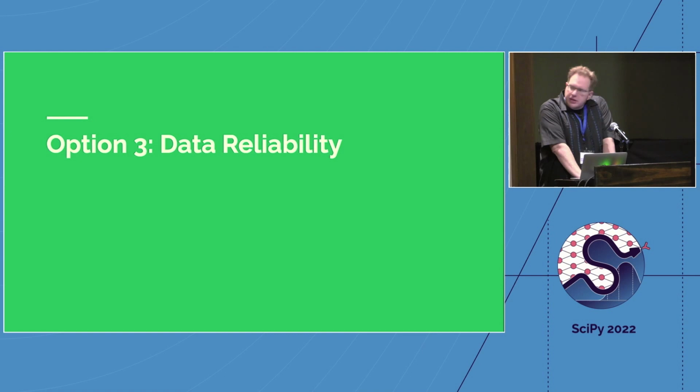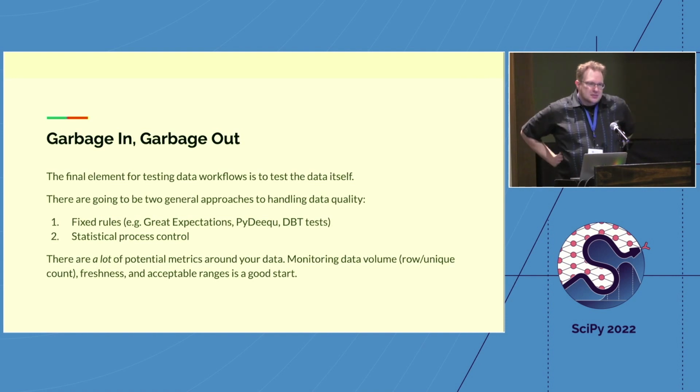Last thing to look at for testing is more data reliability engineering. Your machine learning models are only going to be as good as the data that gets fed into them. There are, I think, two ways I like to think about data reliability engineering. Either you're going to set some fixed rules around your data, and there are a number of tools around this like Great Expectations, PyDQ, dbt tests, or you can have more of a statistical process control approach where you want to monitor your